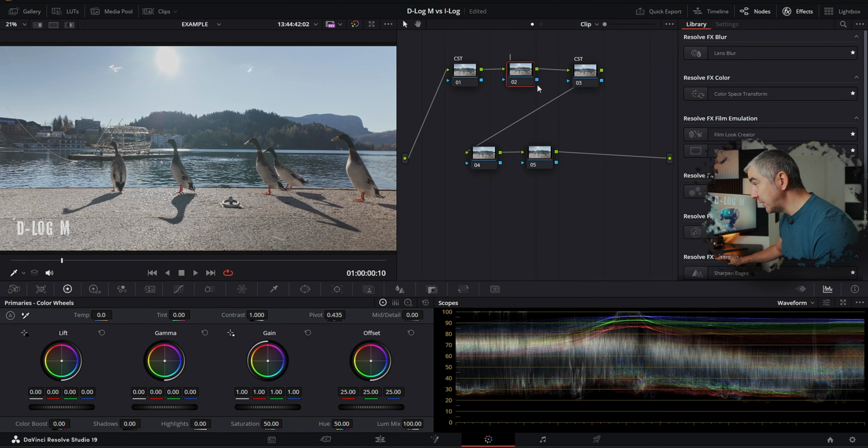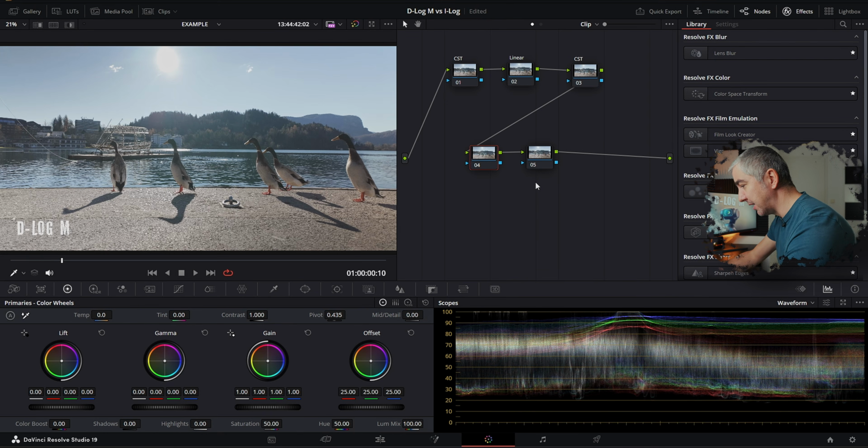Now in the middle, I'm going to add a node called linear, and this is a very special node. So thank you, Qazi, for showing me this technique. I'll put a link to Qazi's channel down below, and you will also find links for the LUTs that I'll be using. So these are the official LUTs from Insta and DJI,